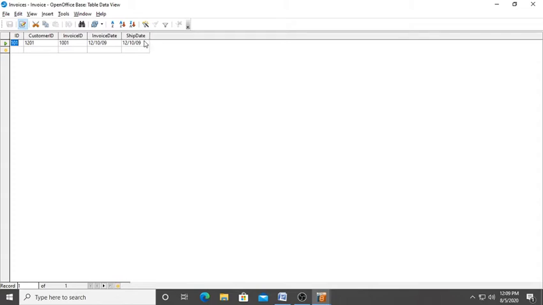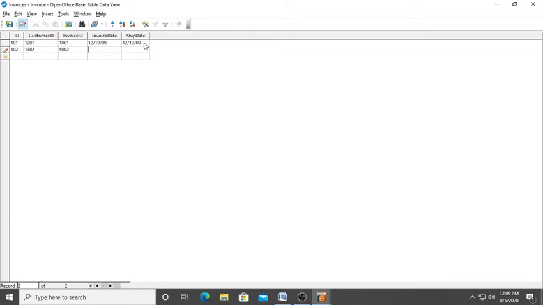If we want to insert any other record, how can we insert it? I will click on this last field and press tab. When I press tab, it will move you to the next row in the first field. Then I will write another ID, suppose 102, customer ID is 1302, invoice ID is 5002.